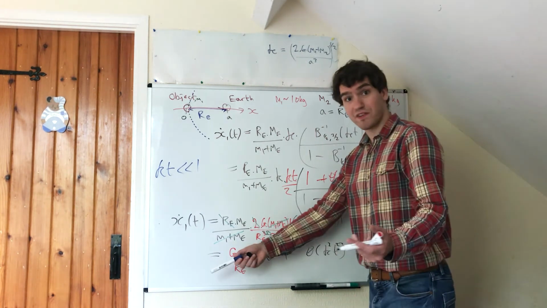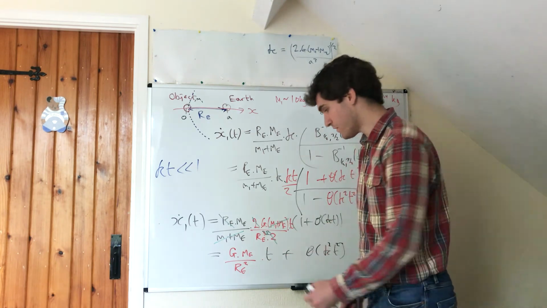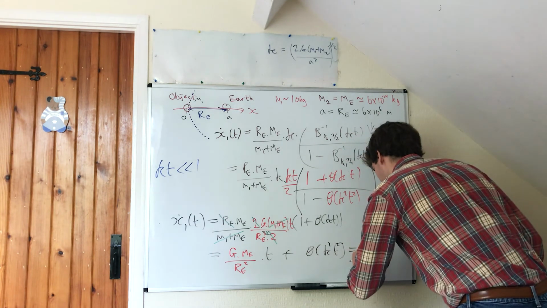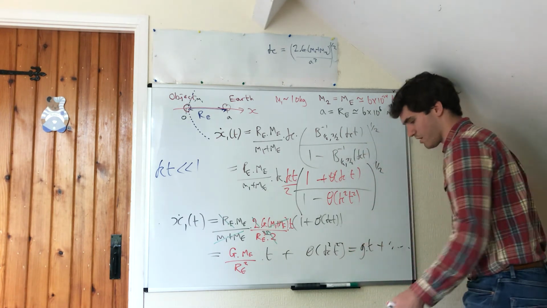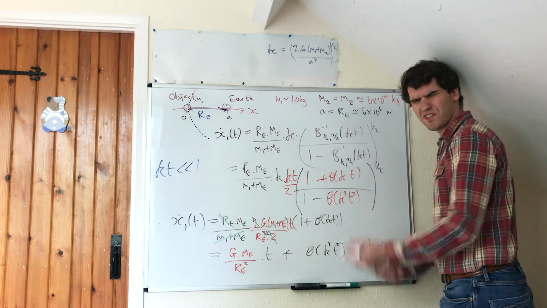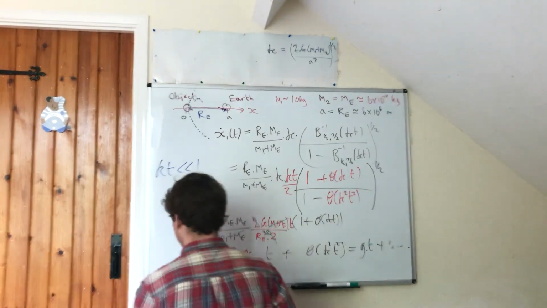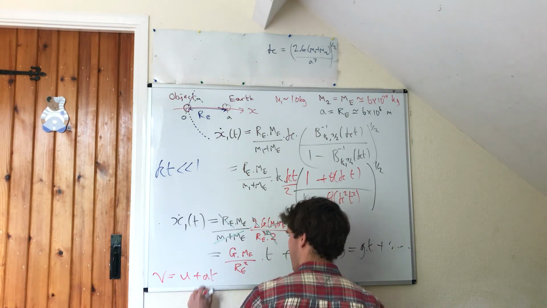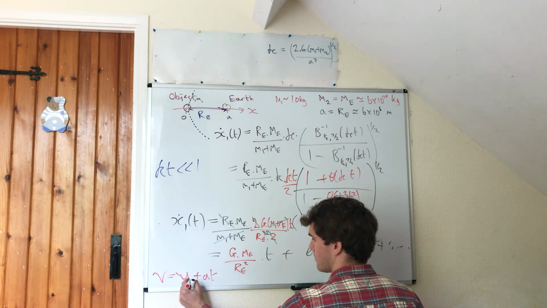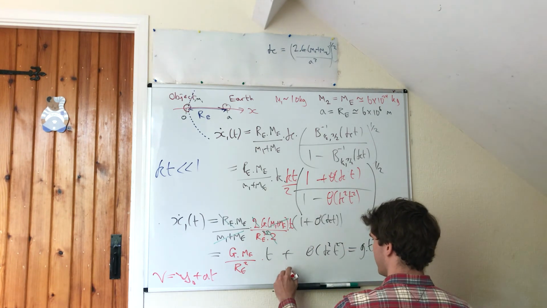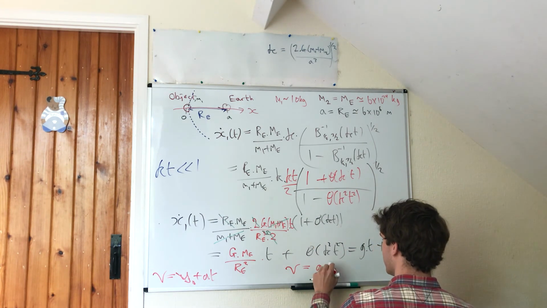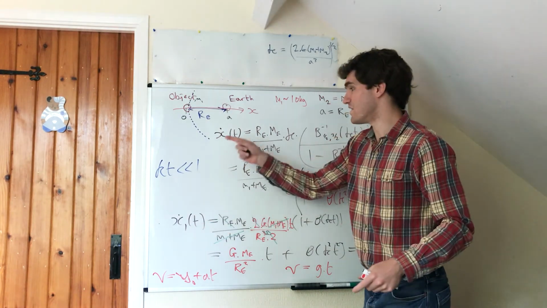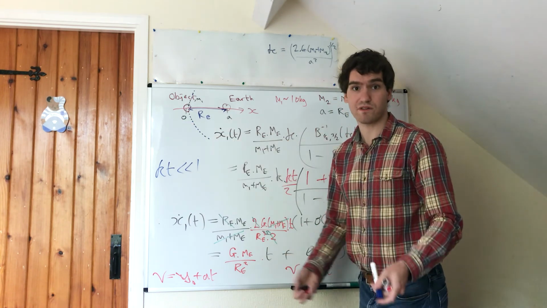So, what is this? Well, remember, this is acceleration due to gravity close to the Earth. So indeed, this gives us g times t plus higher order terms, which we don't care about. Now, what does this smell like? Remember, the constant acceleration equation for velocity is v is equal to u plus at. In this case, u is 0, and in this case, a is g. So the equation we expect is v is equal to gt. And indeed, this matches with our exact solution in the limit that we're talking about,